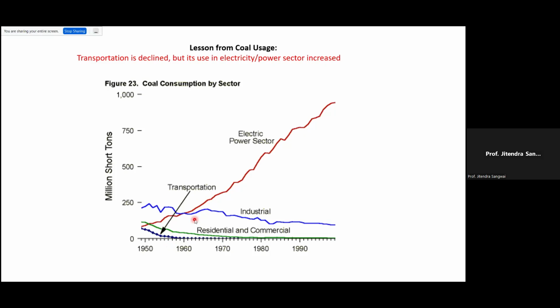If you look at the use of coal in the energy sector, specifically the electric sector, the use of coal to generate electricity has increased drastically after that. It's rising, so much so that worldwide we still depend upon coal. So it shows that even if you do not see something on the road, right, tomorrow you run your vehicles on batteries, possibly two-wheelers or four-wheelers,